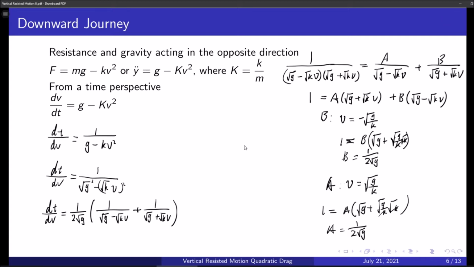As you can see here, we can now change it into log functions. We can integrate this with respect to dv,